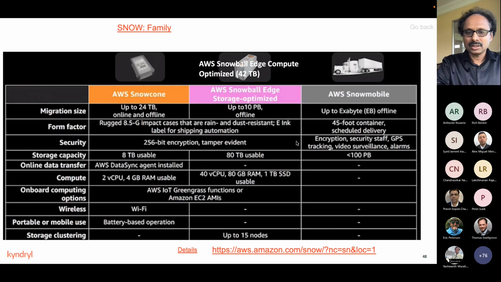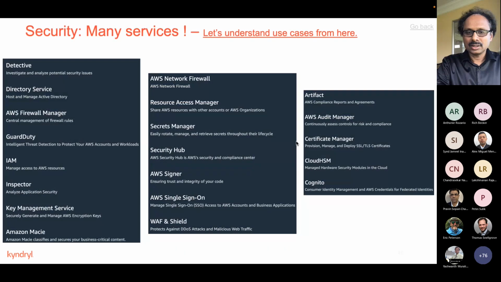The same concept is available for other cloud providers like Azure and GCP. They also have the same concept of transferring a huge load to the cloud. So we need to get a good understanding of how many terabytes or petabytes of data the customer wants to transfer, and whether a direct link and a high-bandwidth solution will help, or whether we need to use a Snow family device for that.